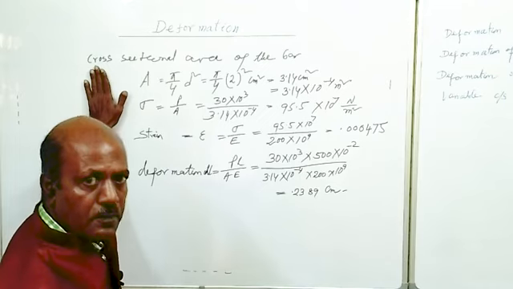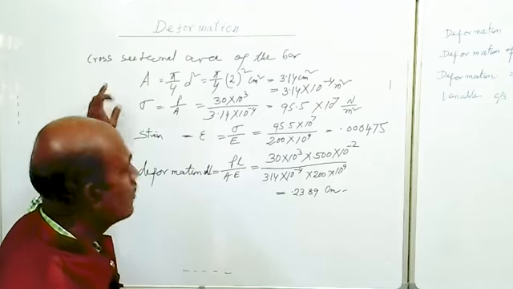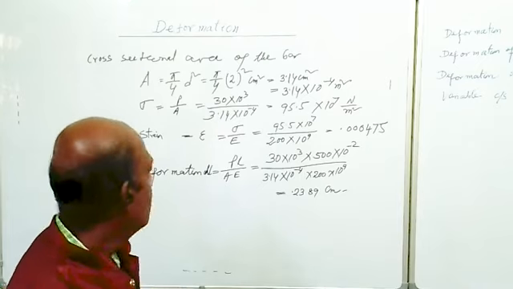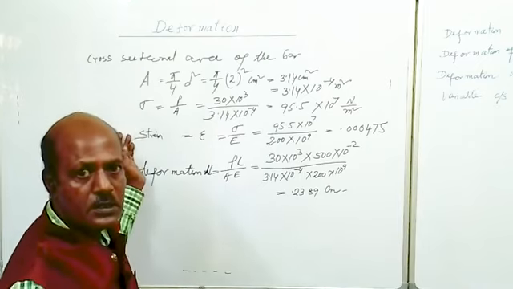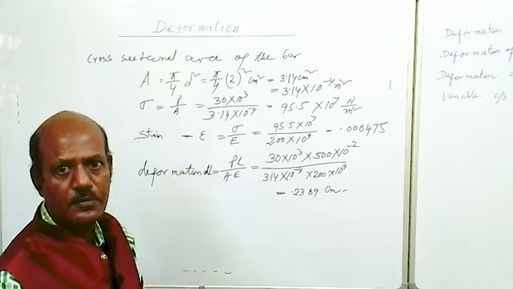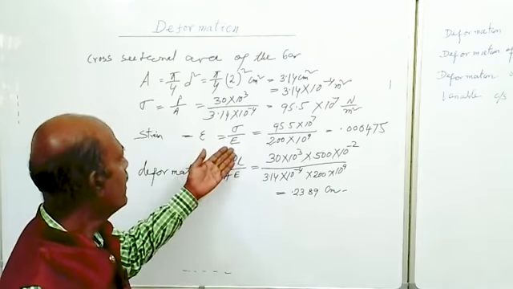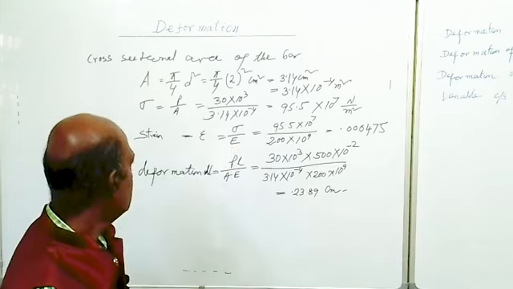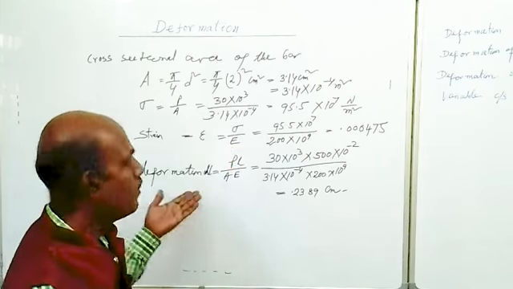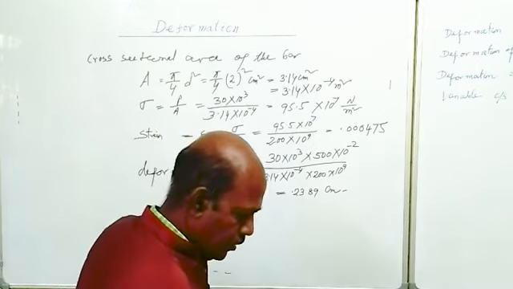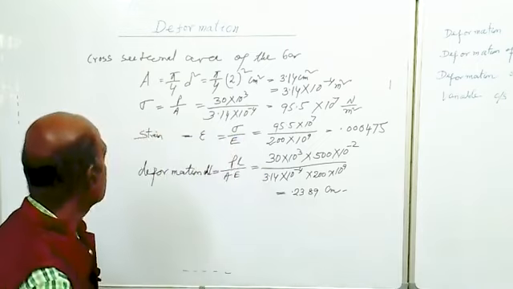So that means the question has 3 parts. First part, we have seen how to calculate the stress. It is given by P by A. Second part, what is strain? Strain is given by epsilon is equal to sigma by Young's modulus of elasticity, and deformation produced in a bar is P into L by A into E. So this is the solution of this question.